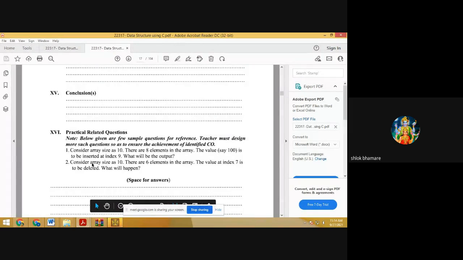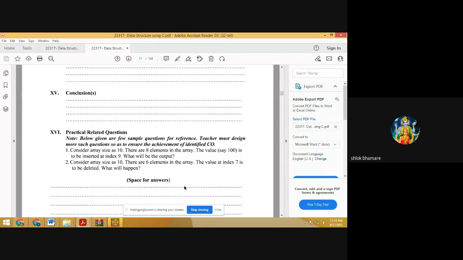Now, second question is consider array of size 10. There are 6 elements in array. The value at index 7 is to be deleted. What will happen? Can you delete the seventh index position if there are 6 elements in array?